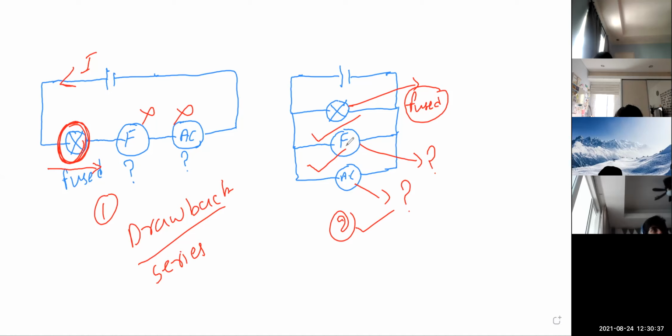Now, one thing, children, in your households, you are sitting in your study room or your bedroom, you find there are many electrical devices. Maybe two or three electric bulbs, an electric fan, an air conditioner, a table fan, a printer connected there. Suppose one of the bulbs gets fused. And this happens regularly, after one year these devices get damaged, they get fused. So if one of the bulbs or one of the devices or the fan is switched off, whether the rest of the things will continue to work or not? Please tell me, children.